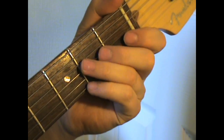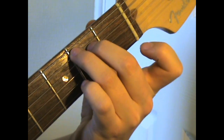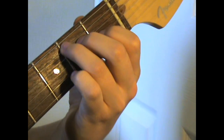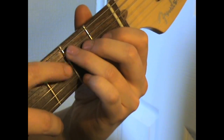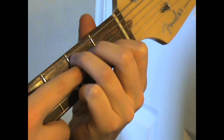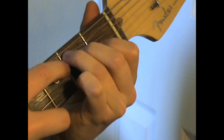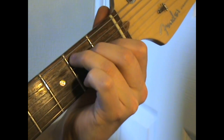Okay, and another thing you need to watch out for as well is, when you're starting out, you need to get the gapping right with your fingers, and you need to arch your fingers enough so that the posture avoids any of the underside of your fingers hitting